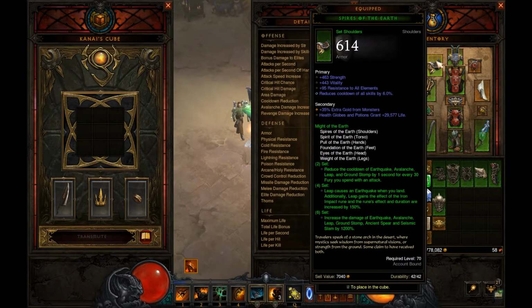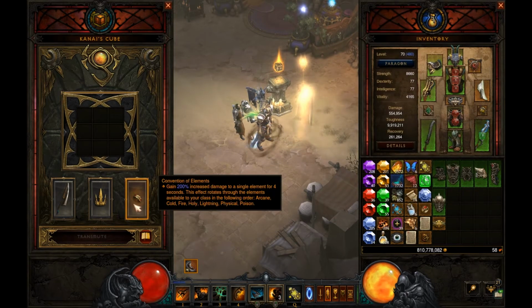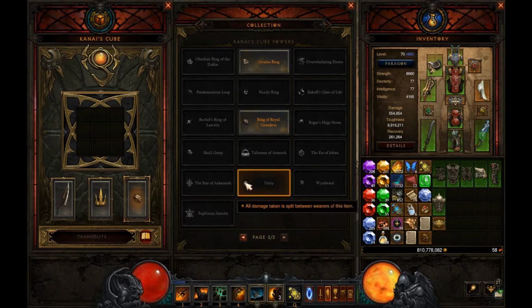For the weapon, you can also do Furnace to kill the enemies quicker, the elites quicker, but it's up to you. If you have it, I would recommend it. I actually ended up having Convention of Elements on cube and equipped. I was looking for the Star of whatever that's called. There is some fire damage in the set dungeon, not too terribly much, but if you are having trouble surviving,